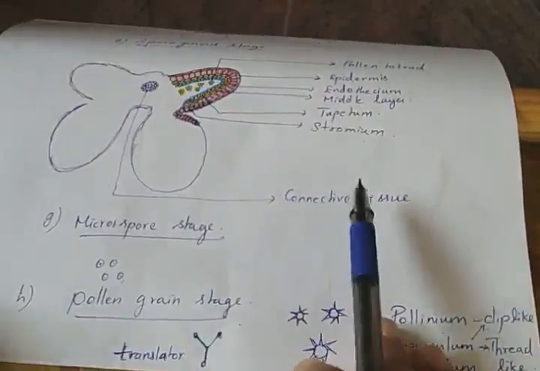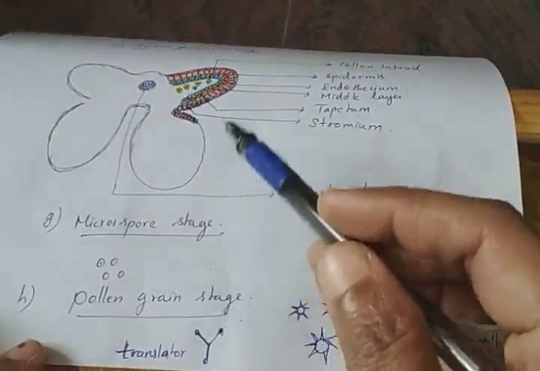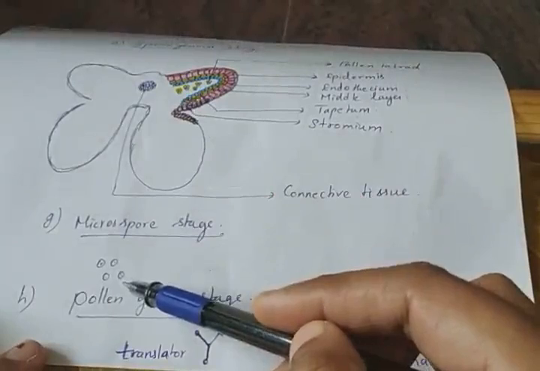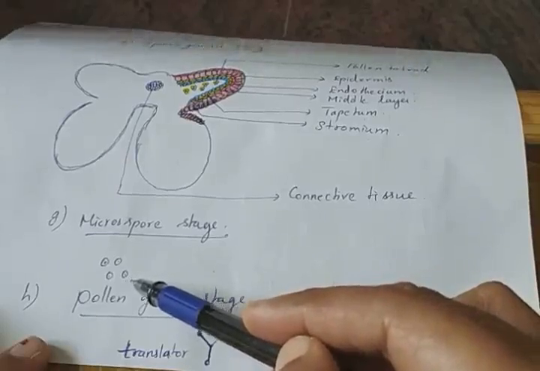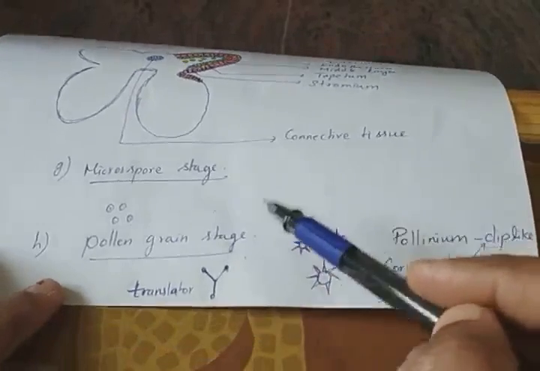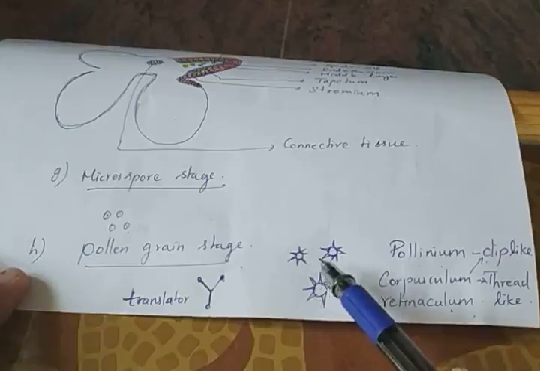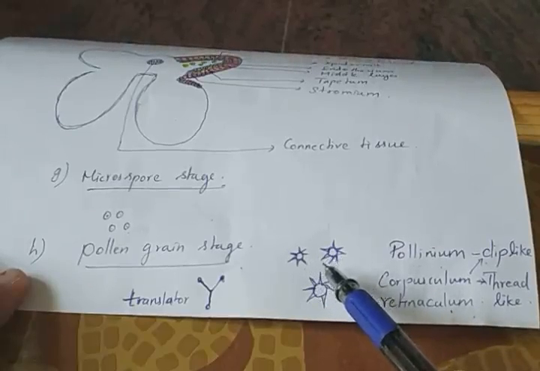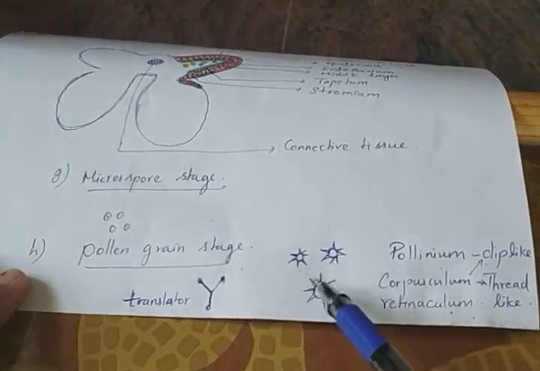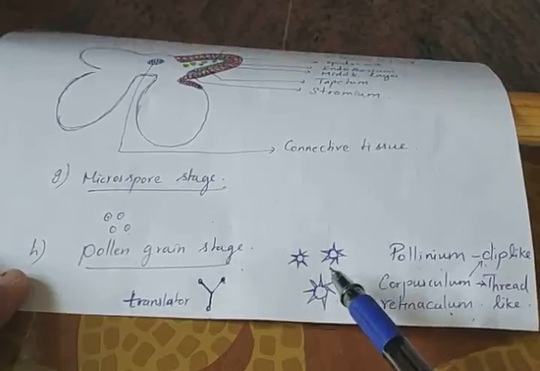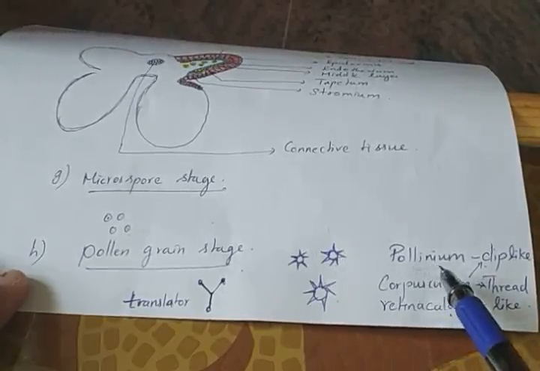In the next stage, the pollen tetrad separates. The 4 cells of the pollen tetrad separate from each other to form spherical cells, and this is the microspore stage. Now they are called microspores. The microspore is now going to mature and enlarge in size to form pollen grains. At this stage, 3 pollen grains are seen in clusters, attached together. These clusters of 3 pollen grains we call a pollinium.